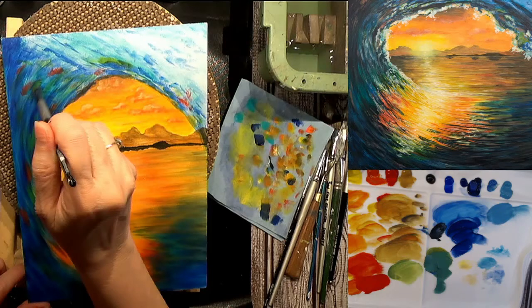Washing my brush out. I want to grab some Ultramarine Blue now and some of my Cobalt Blue Hue and a tiny little bit of black. That's going to make this really dark blue. And we need to start adding a little bit more black in there. This really dark